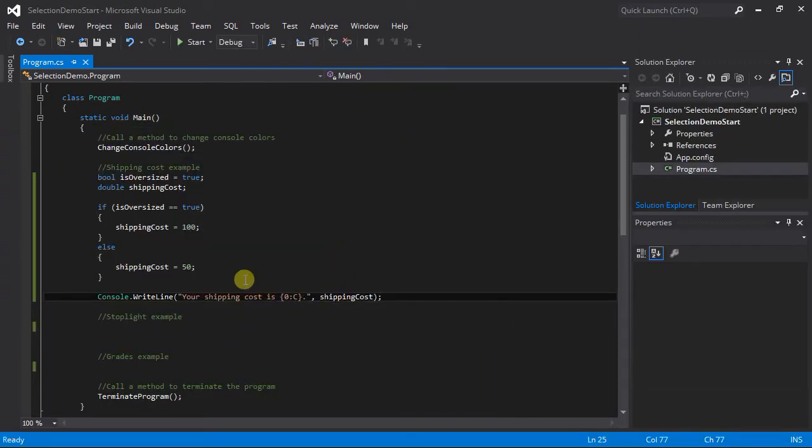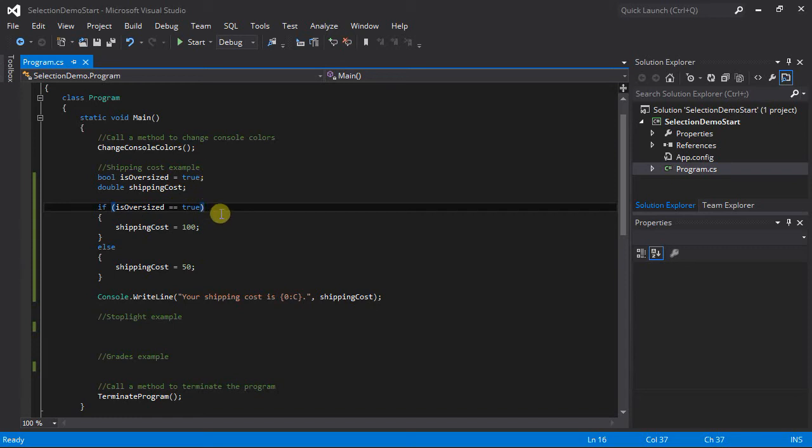One thing I want to mention about syntax here is that notice that my if statement and this else statement do not end with a semicolon. There are a few exceptions to the rule that every line of code in C# should end in a semicolon. The beginnings of your if statements and your else clauses should not end in a semicolon. One quick test is if the following line of code starts with an opening curly brace, then that means that the line above it should not have a